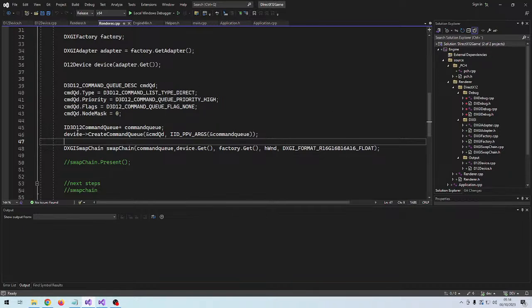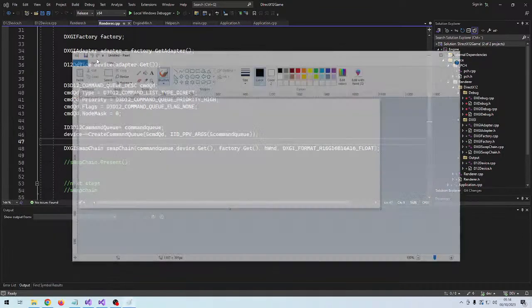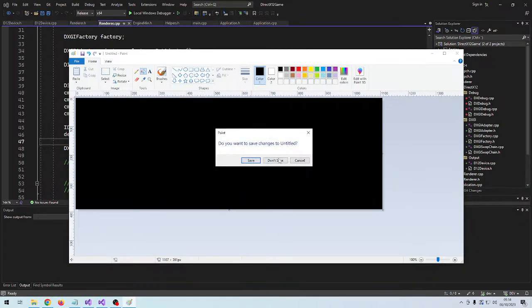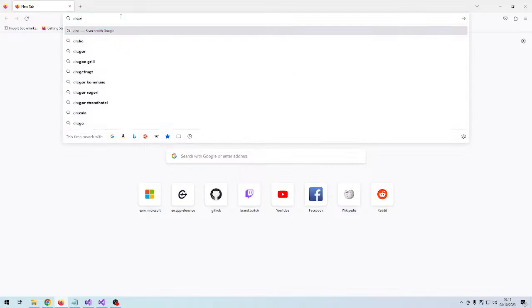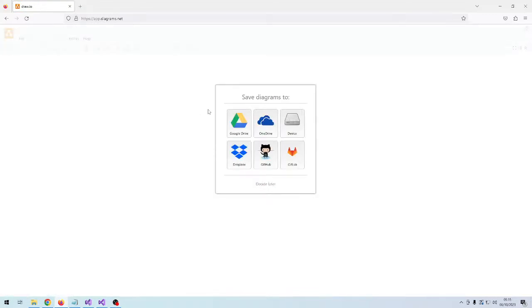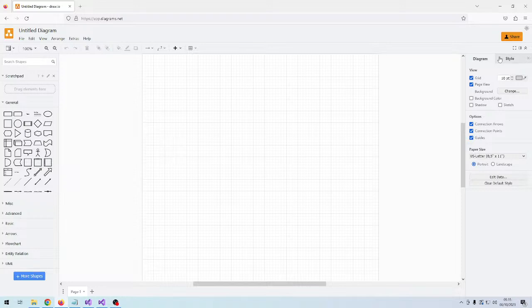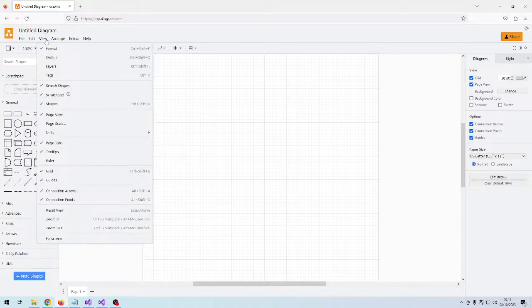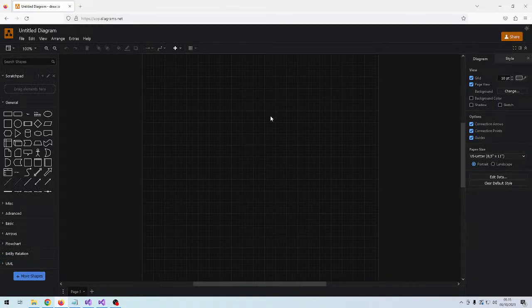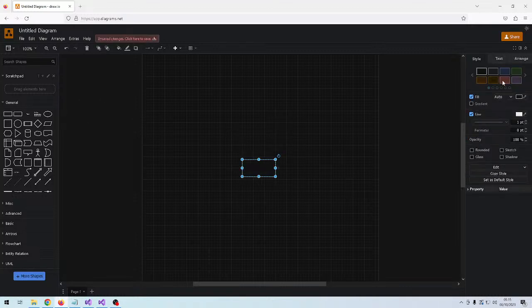So right now we create the swap chain, but we don't do anything with it. It's because we want to, let's see, I'll draw it out. Or perhaps we want to do a draw IO. Is it possible to do appearance stack? All right, there we go. So we want to, let's see,